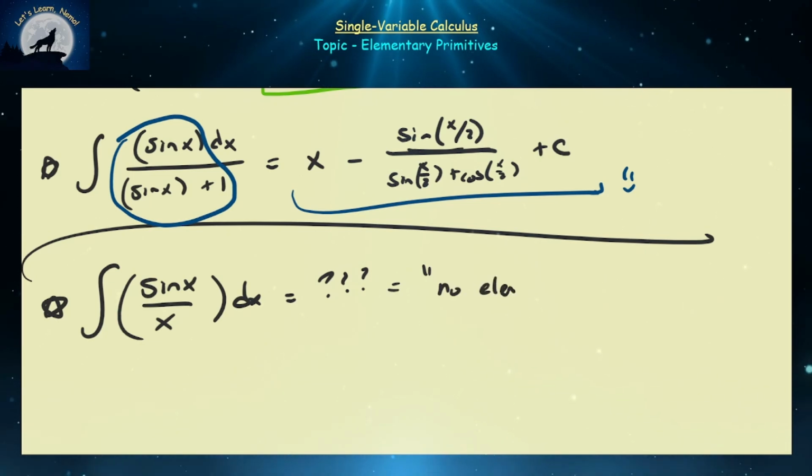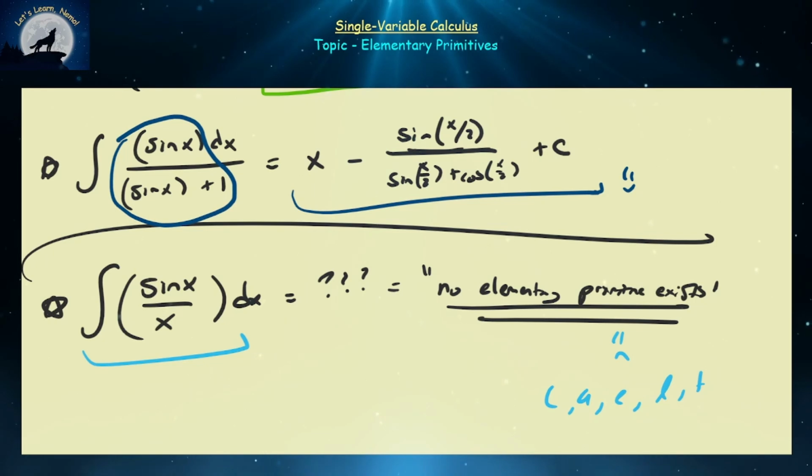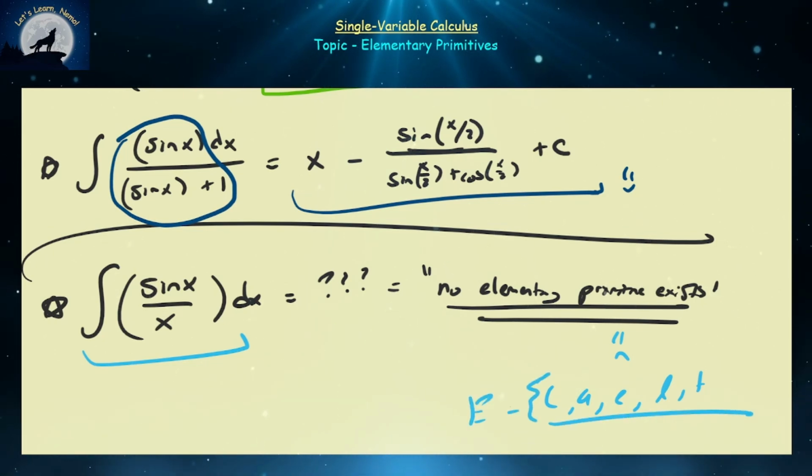So no elementary, what we call primitive, exists for this particular antiderivative, right? So that's actually quite sad because it actually looks very easy. Now, again, it depends and comes down to what is your definition of elementary primitive. Is it a constant, algebraic, exponential, logarithmic, trigonometric, or combinations thereof of these things? If that is your set of elementary functions, then no, sine x over x's antiderivative cannot be represented in terms